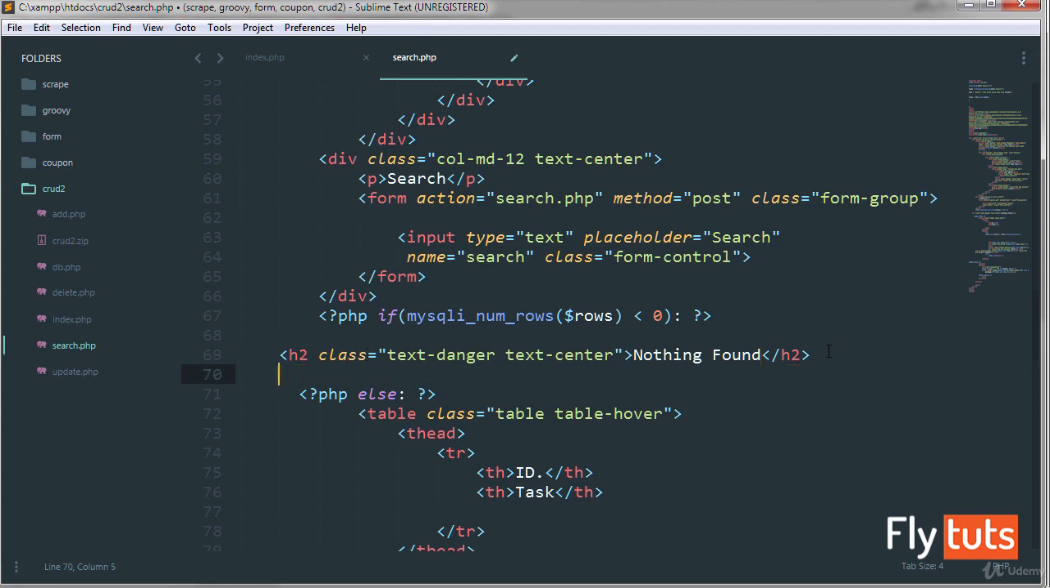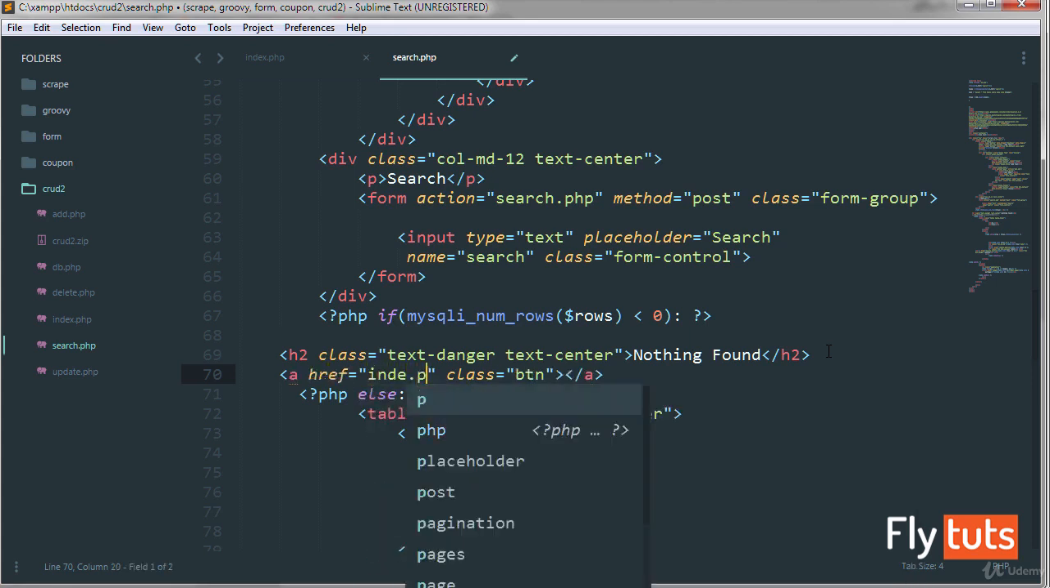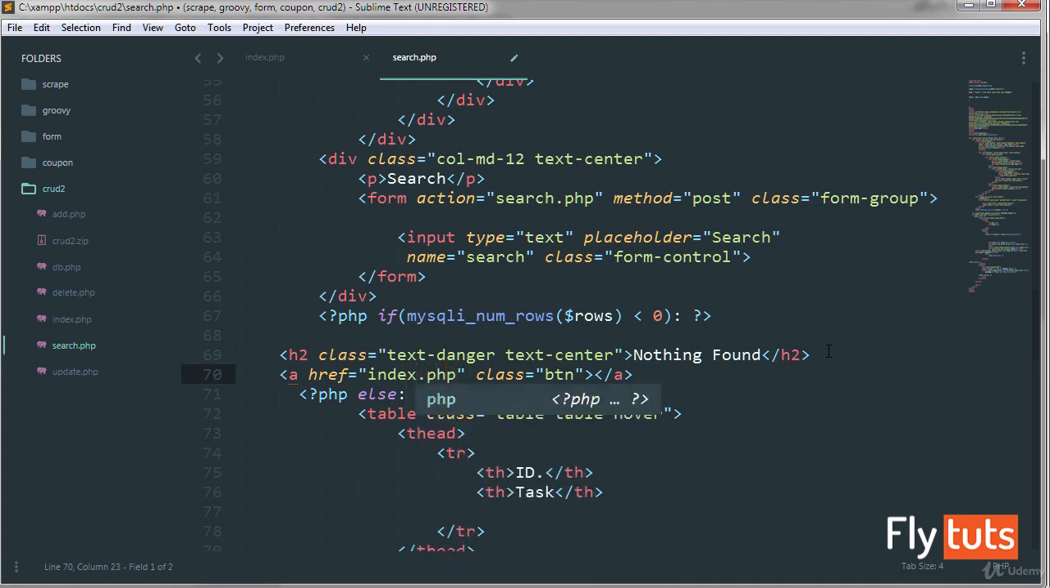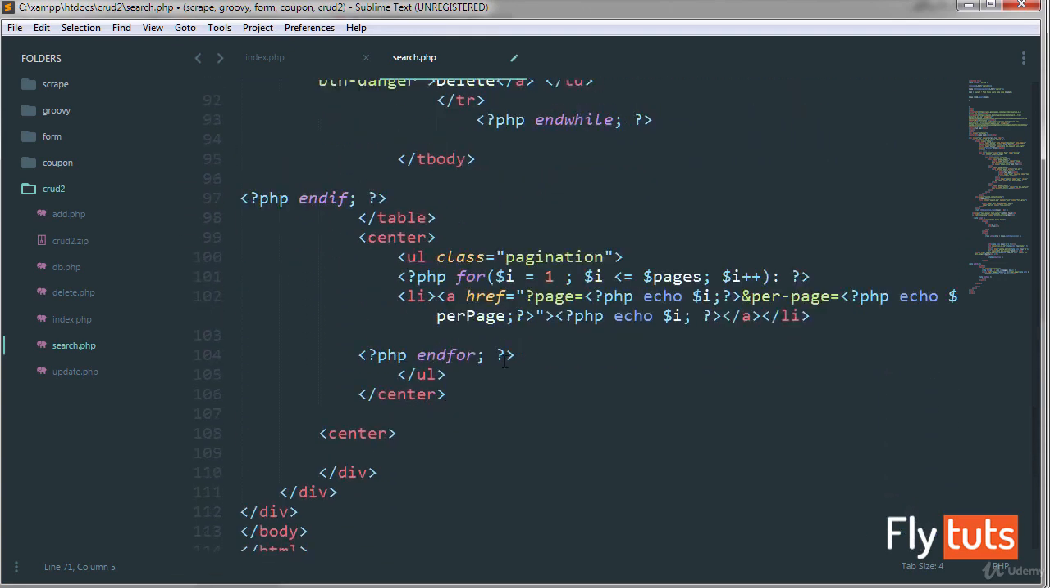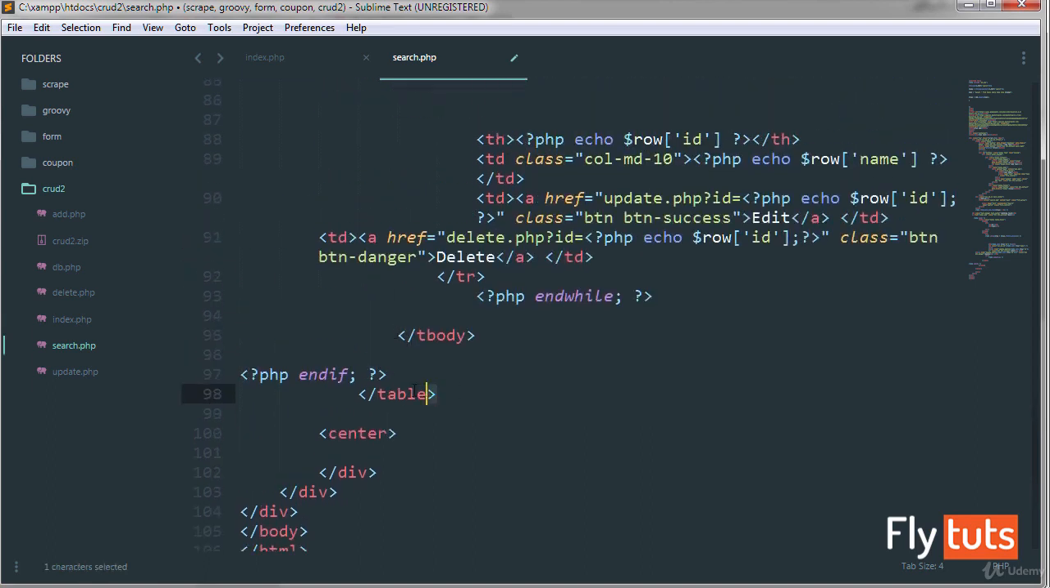nothing found. Right. And we can give the user the ability to go back to the index page, index.php. So if the user did not get any result, he can go back to the home page. Let's say go back. Alright, so I think it's okay. So I think we don't need the pagination, right? We delete it. Let's delete this also. The table will end here,